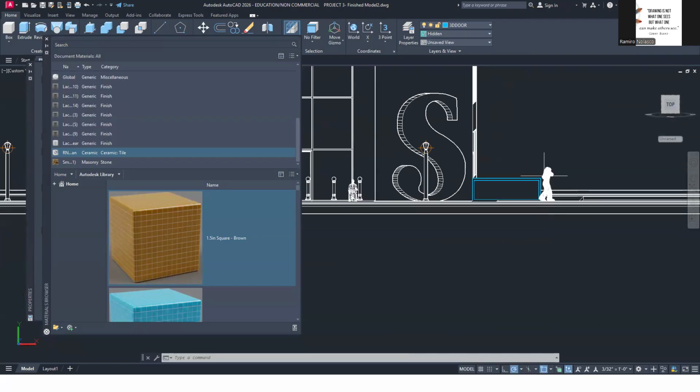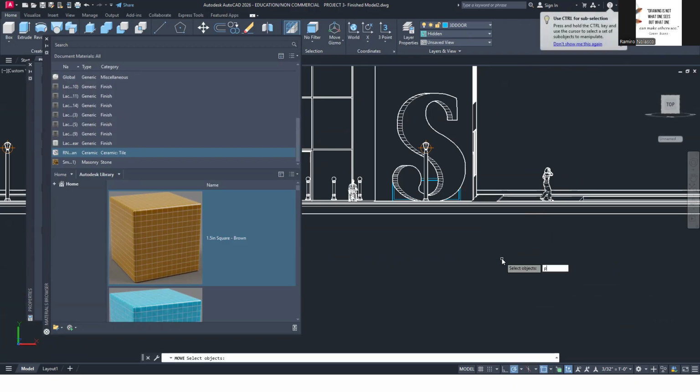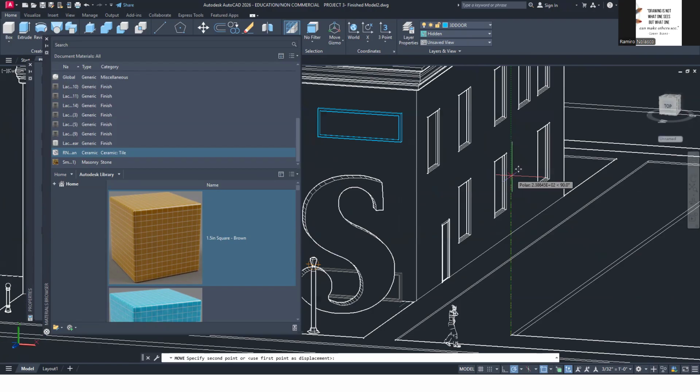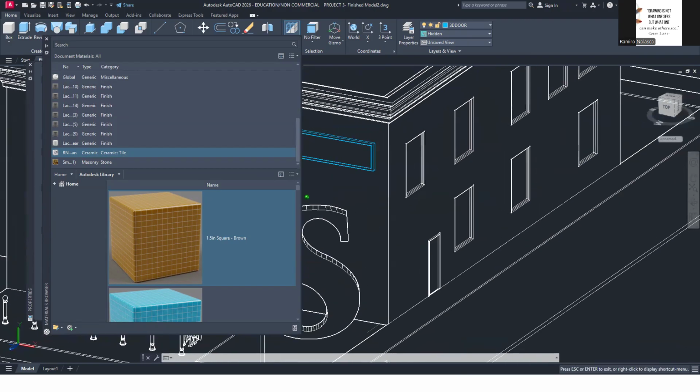Move. Let's use the crossing tool. Move from here to somewhere there. And then move previous. That's the previous selection set. Move from previous from here going up. So maybe somewhere there. Okay.